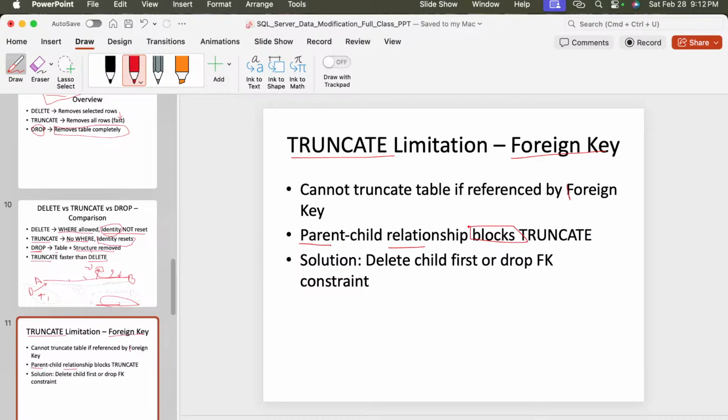Okay, so whenever your table is presented in a form of parent and child relationship, in a primary key and foreign key, in this case truncate is going to block, it's not going to execute, it's just going to throw the error. ओके, बिकॉज यहाँ पे कुछ रिलेशनशिप इस्टेब्लिश होता है पहले से। तो जब ट्रंकेट का हम यूज करते हैं उस टेबल के लिए जहाँ पे प्राइमरी की और फॉरेन की प्रेजेंट होती है, तो उस केस में हमारा ट्रंकेट ब्लॉक हो जाता है, वो रन नहीं करता है।